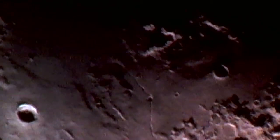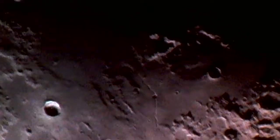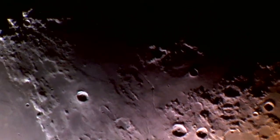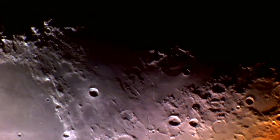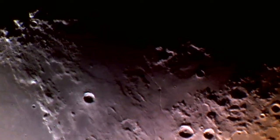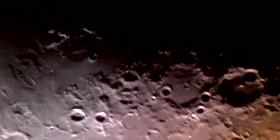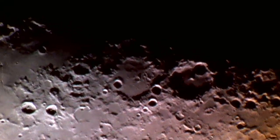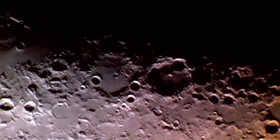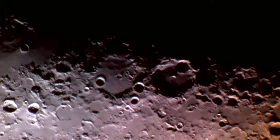I'm going to back down the zoom a little bit here as we go up the terminator, and we'll get a broader and nicer look at this terminator tonight. It's really, really an attractive terminator with all kinds of detail. All right, we've got 2 monster craters coming into view here now. Let's see how well my Atlas will do on these. The first one,